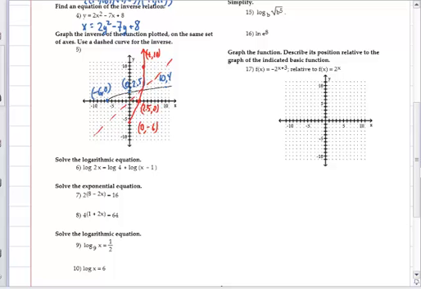So on the next problem, number 6, we want to solve this log equation. So on the right, we're going to compress logarithms. So I'm going to have log of 2x equals log of 4 times x minus 1. So log of 2x is equal to log of 4x minus 4. And now I can just ignore the logs because we have a common log on both sides, and I could solve the equation for